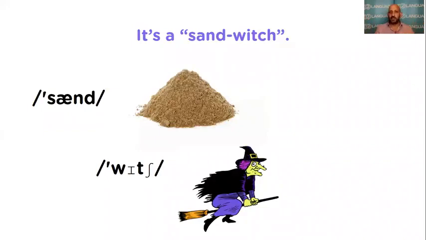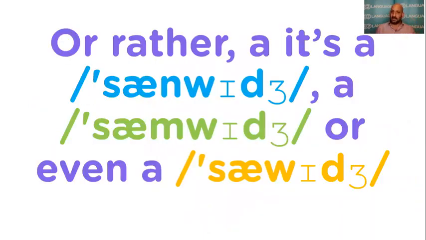Now, of course, I'm exaggerating for effect, but what you've got are two syllables in the word: sand and which. Of course, it's not W-I-T-C-H, it's W-I-C-H. But nobody says, "I would like a bacon sandwich," because nobody talks like that. They would say, either it's a sandwich, a sandwich, or a sandwich.